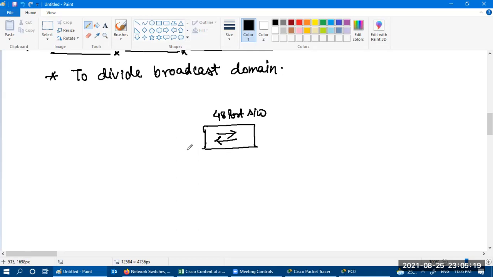Like in your organization, you have multiple departments. One is the IT department. These three members are from the IT department, these three from the sales department, these three from the management department, and these three from the production department.